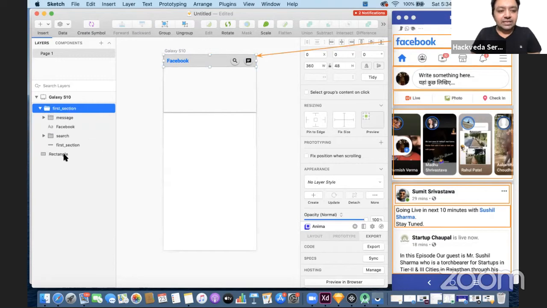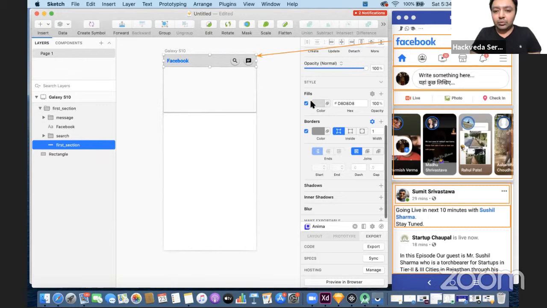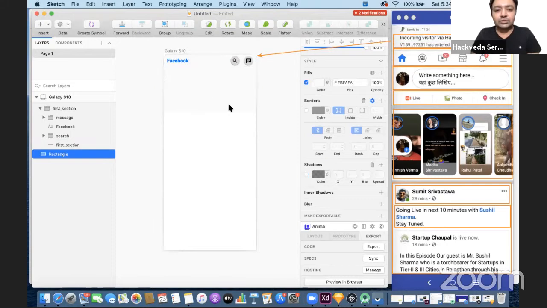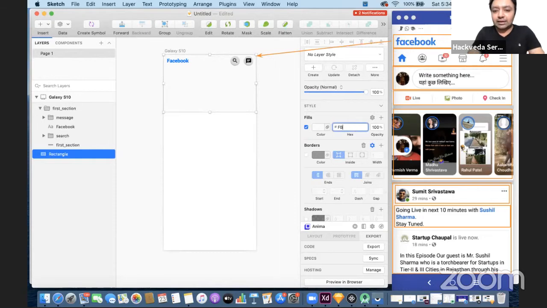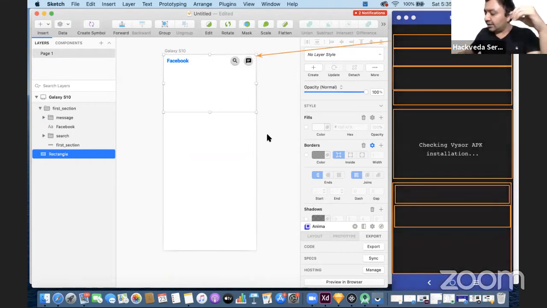Now within the first section, let's say I want to change the color of this rectangle. I'll go down here. I'm going to use no color, and I'll keep it somewhat like this. And similarly for this color also, I don't want to use any background color. So that will appear appropriately, let's say the white color. Okay, in case if you want to ensure that it is the appropriate white color, we are going to uncheck any color so it looks appropriately white. But now what happens is, even though we have changed every color,